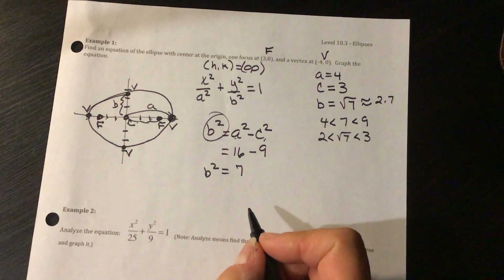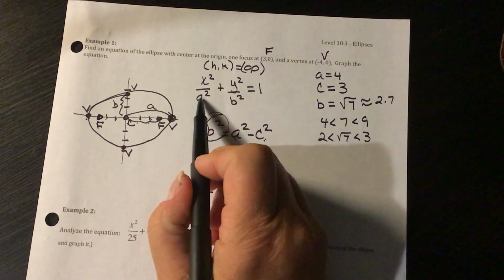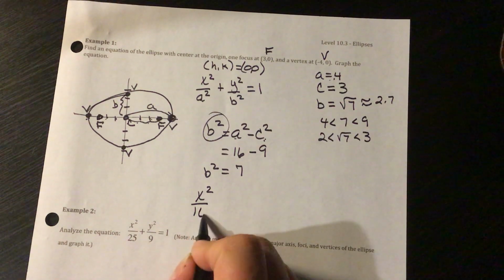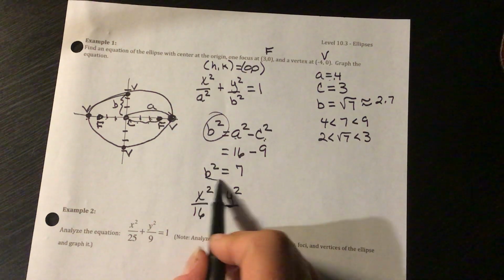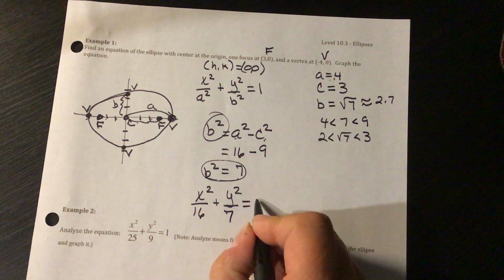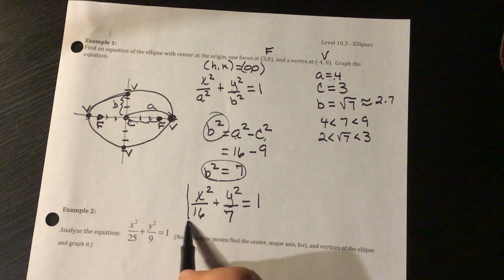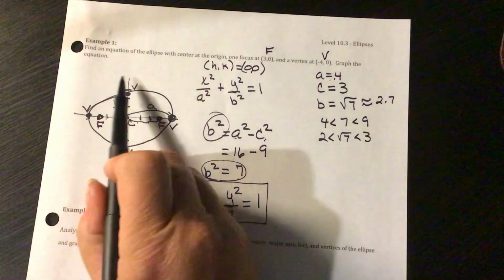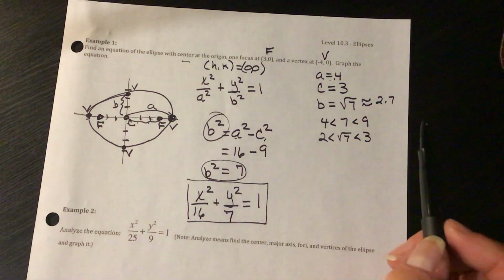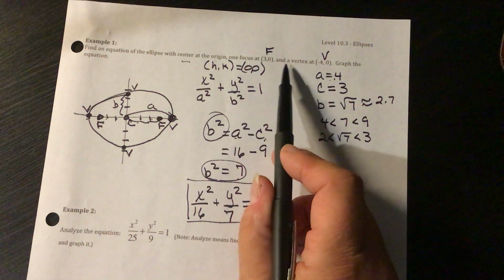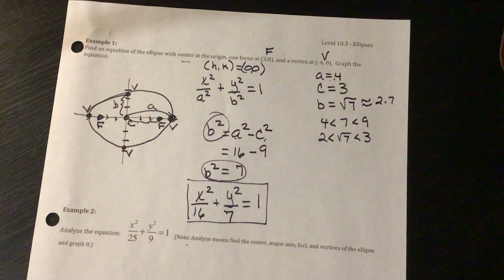And now we can write our equation, and our equation would be x squared over a squared, so that would be 16, plus y squared over b squared. Well, b squared we said here was 7, and that equals 1. Also, when we analyze our ellipses, we're looking for the center, and they already tell us it's at the origin. And usually we name all the vertices and all the foci, and actually we're going to do that in the next example